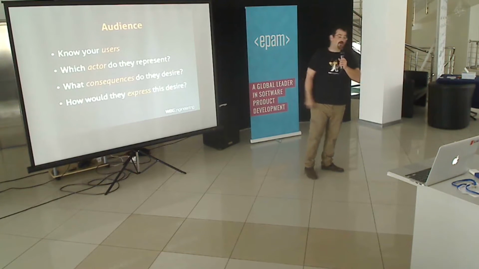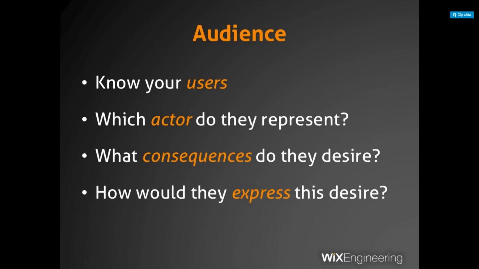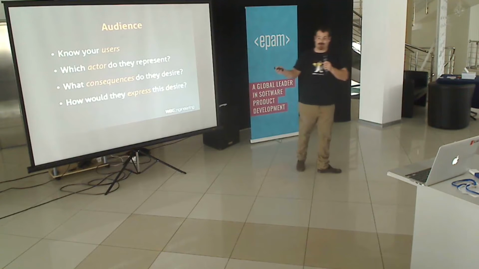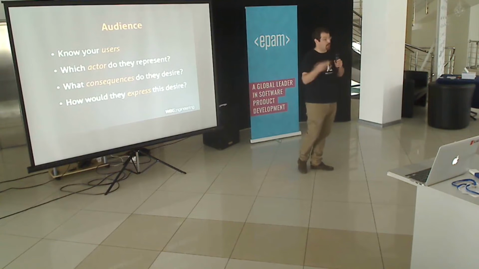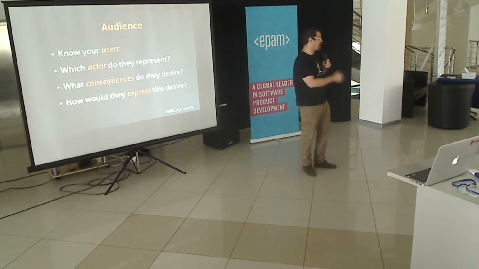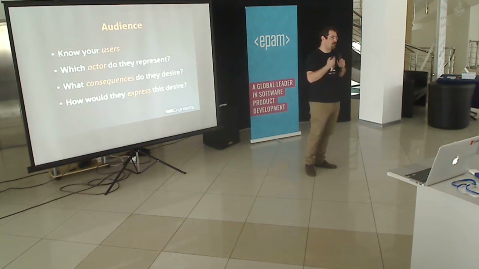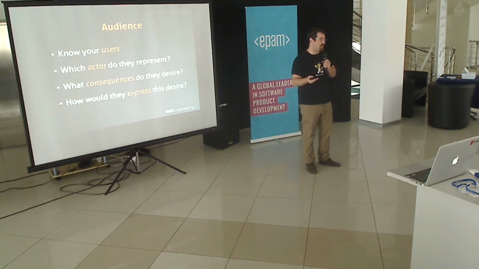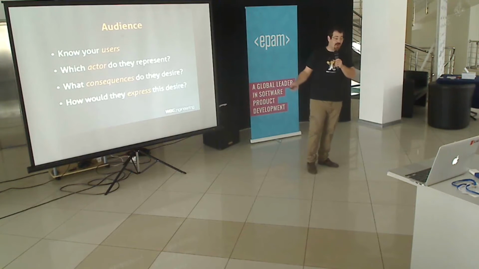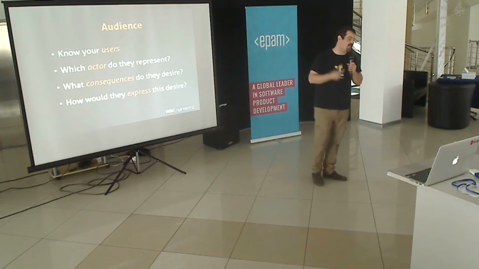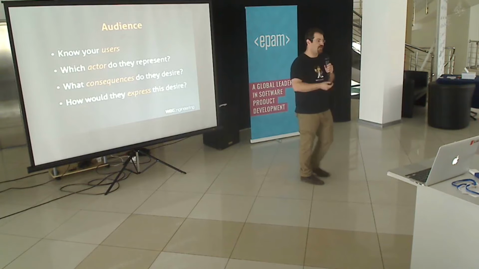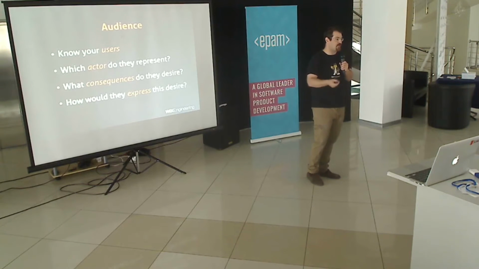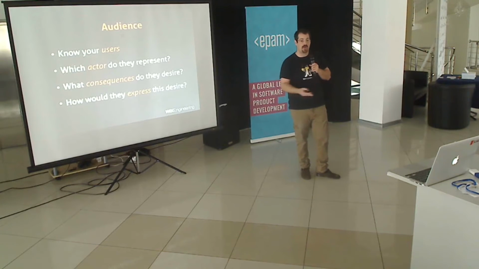You also need to know your users, right? If you're building a domain-specific language, you're designing a language. People are going to want to use that language, hopefully. If you want people to use your language, you need to know who they are. You need to know what they're trying to achieve. Your user represents some actor in your domain-specific language. They have a desirable consequence, and what you're doing is designing a language that makes it easy for your users to express their desires, to express whatever it is they're trying to achieve